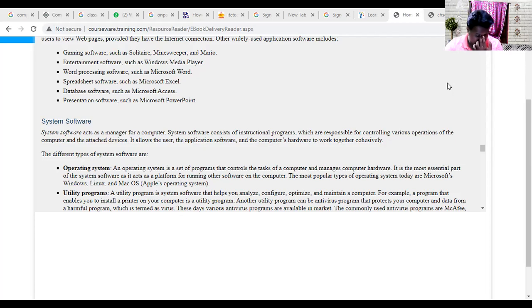The next point is provide minimal security to the computer system through authorization and authentication.